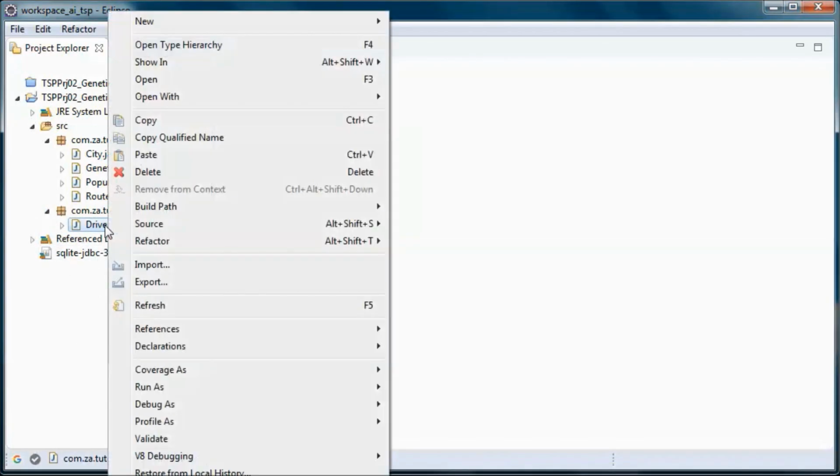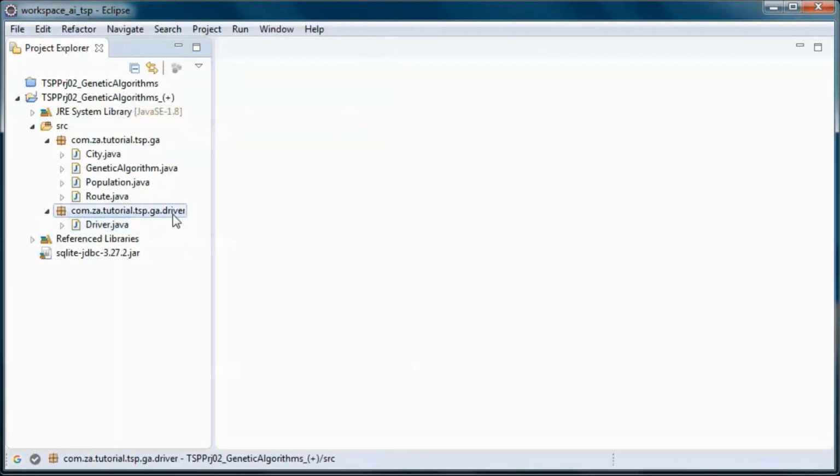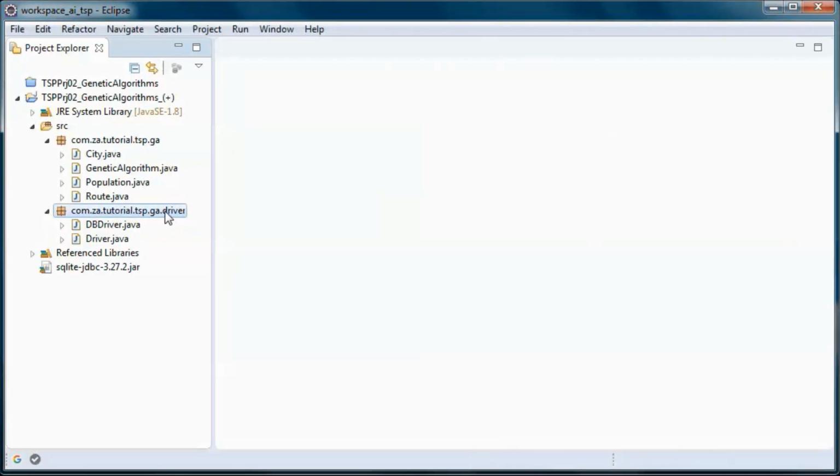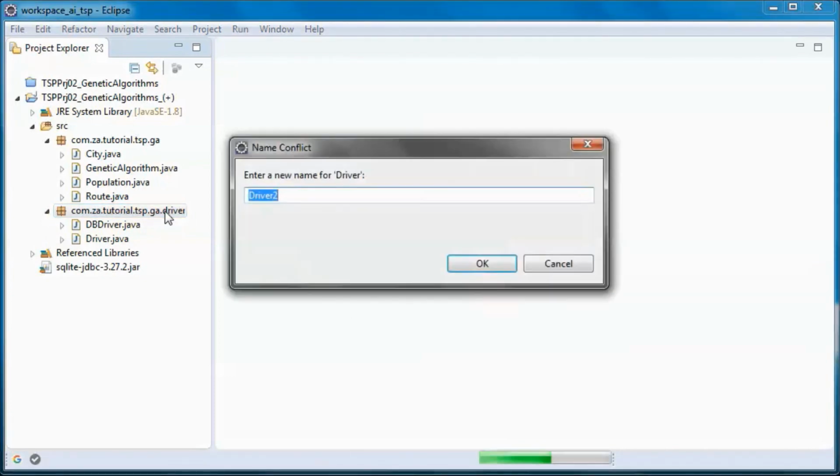And let's copy this, and this would be the driver for data coming from the database, and this would be the driver for data coming from a file.